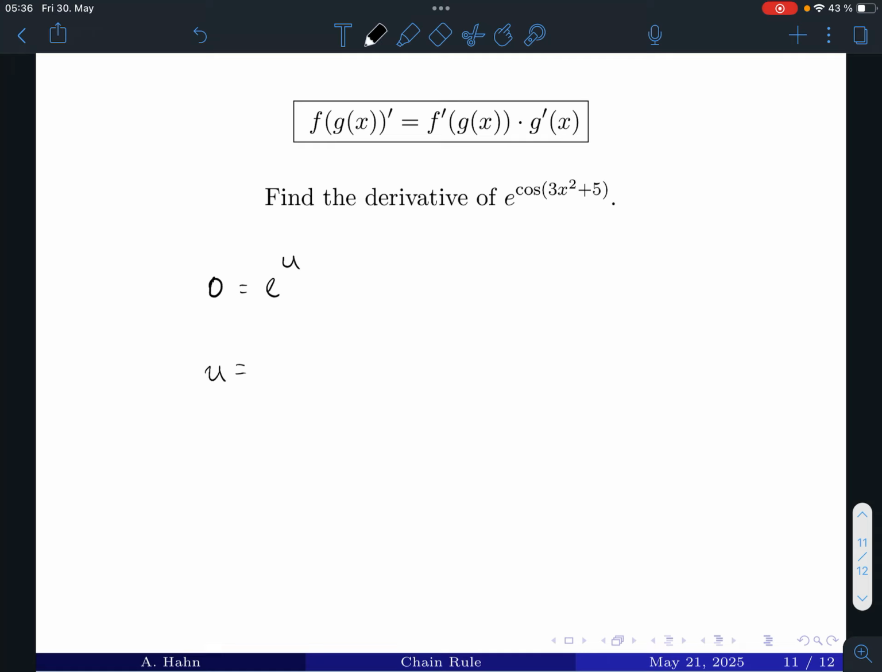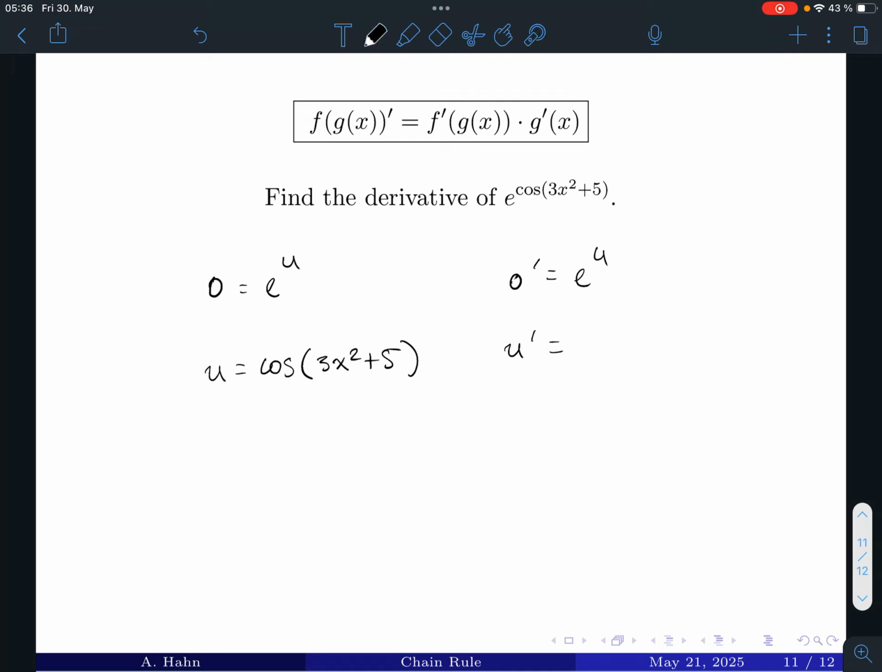So we're going to say our outermost function is e to the something, and then our inside function, u, is equal to cosine of 3x squared plus 5. And then the derivative of my outside, this is just e to the variable. The derivative of that is just e to the variable. And then the derivative of my inside, well, we have to do the chain rule on this